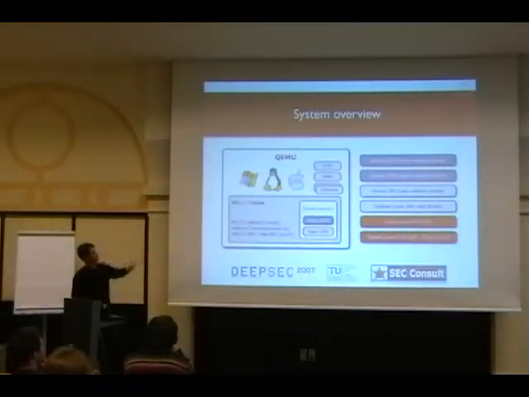On the left, you can see we have the virtual machine QEMU. We have an operating system running inside. It's either Windows, Linux, or Mac. We only tested on Windows and Linux, but there shouldn't be a big problem porting it to Mac. You have a virtual CPU inside. We have virtual memory. We might have optional Ethernet cards or just any hardware that we want. And we also have